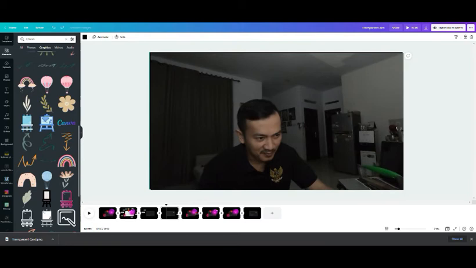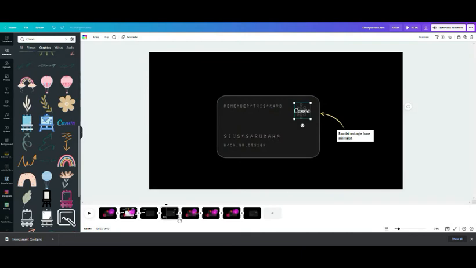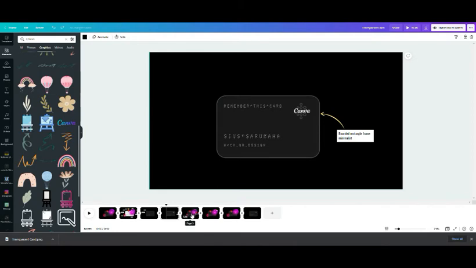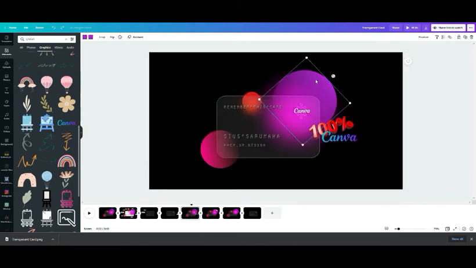Okay, so we're almost there. I think we made it already, so to have a good look for this design we need to apply this red circle gradient, so I put it all behind. Yes, all the way back. Okay, so to get this shadow around this card,